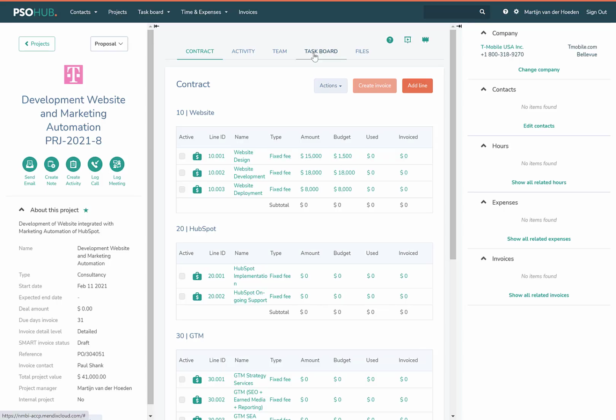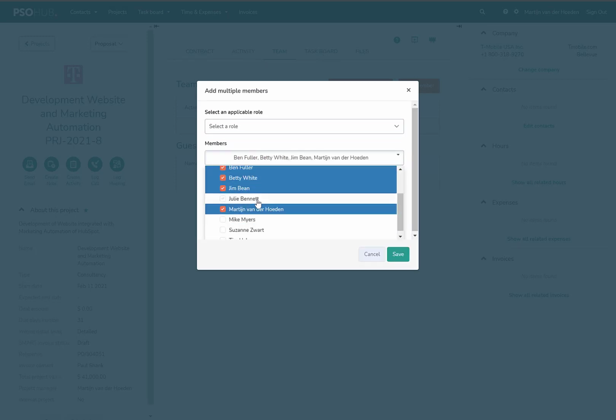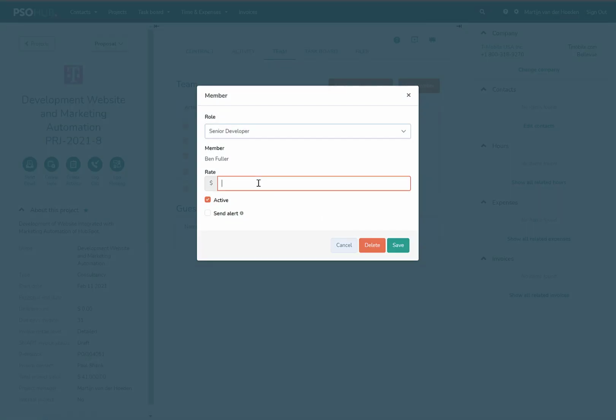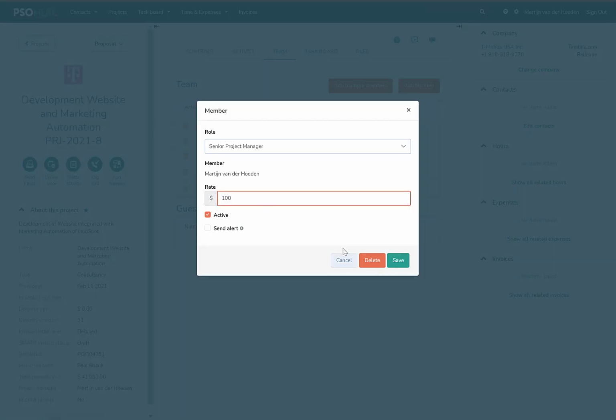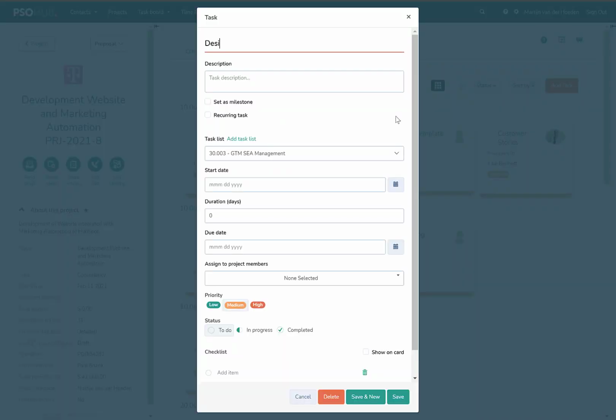Don't forget to put some team members in. So we use the new feature, add multiple team members. And there are some team members without a rate, so we will add the rate as well. So when we're done with the contract template, we selected a task board template, and now we create an additional